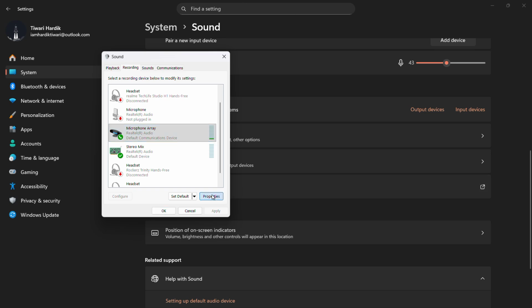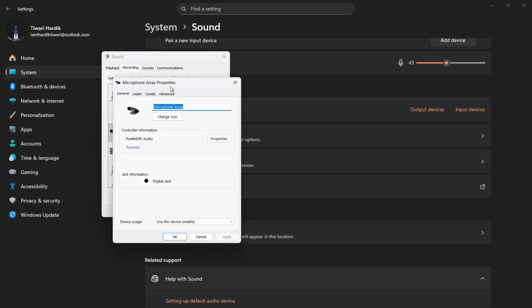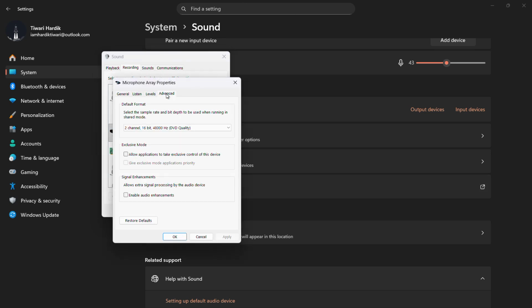So from here click onto this properties option, and it will further open a new window on which you will need to click onto this advanced option, and at the last you will see signal enhancements allows extra signal processing by the audio device. So make sure that you enable this enhancement. So simply click onto this check mark, click